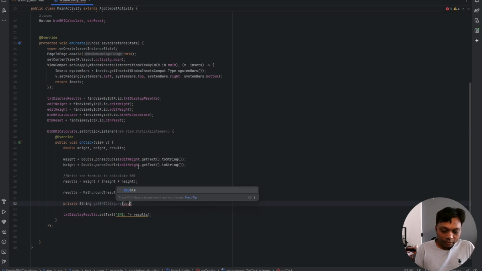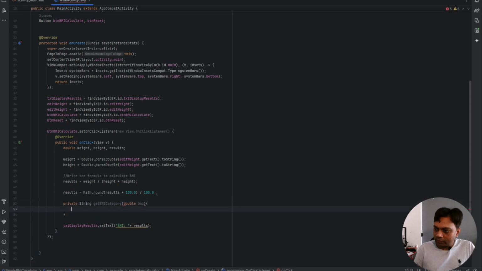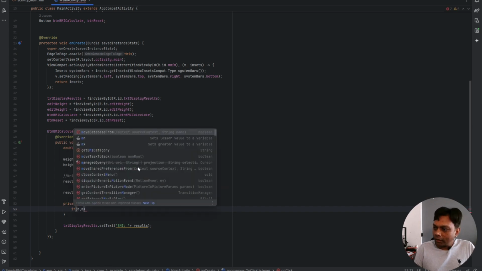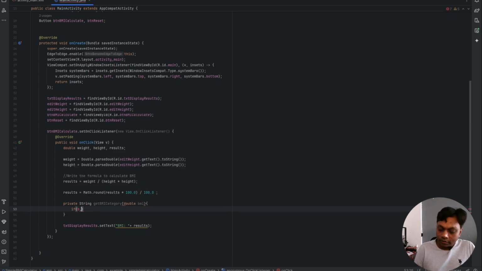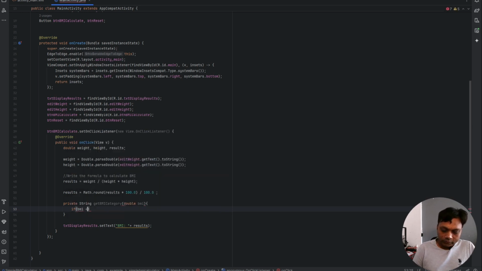Then we'll write double BMI, that's the argument. Then we will write function in this BMI. If BMI is less than 18.5,